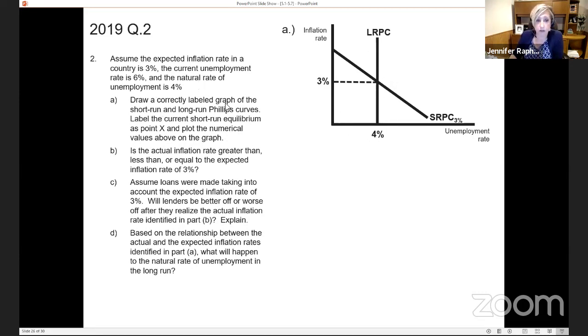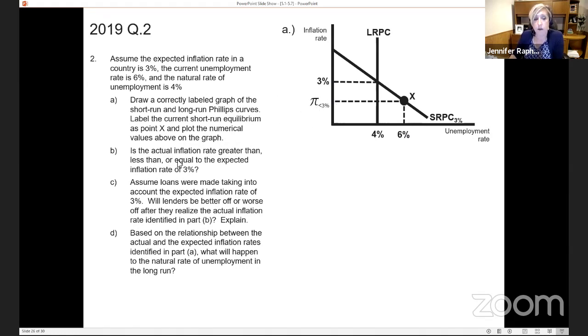And now we have to find a point X that shows that the current unemployment rate is 6%. So 6 is bigger than 4. So our 6% unemployment rate has to be over here. And that's going to correspond with some new rate of inflation that is less than 3%, right? Because we're moving up along this axis, we're moving down along this axis, which gives us the answer to the